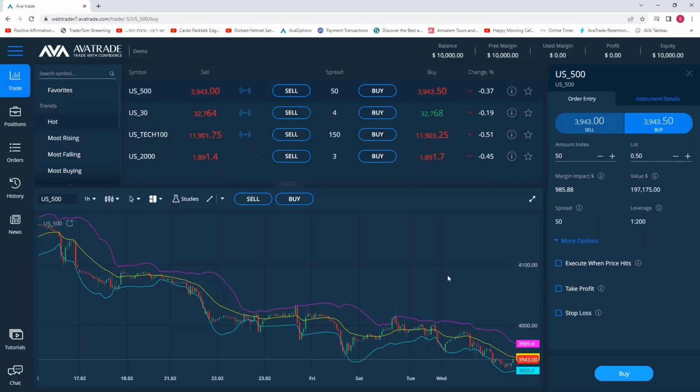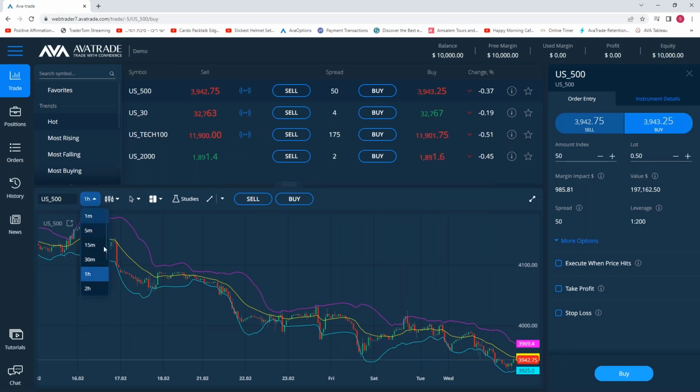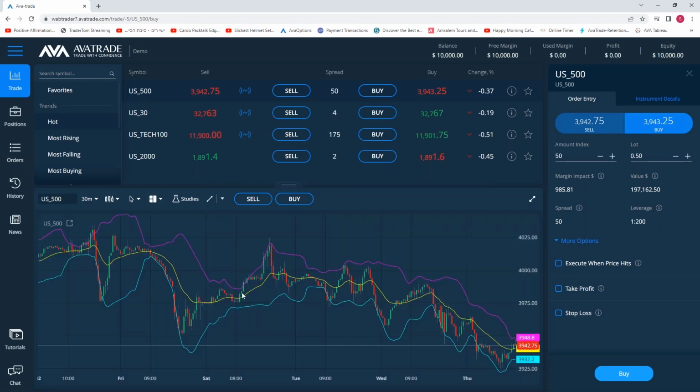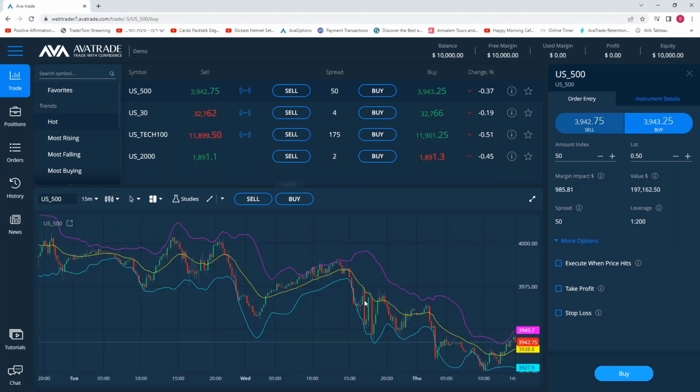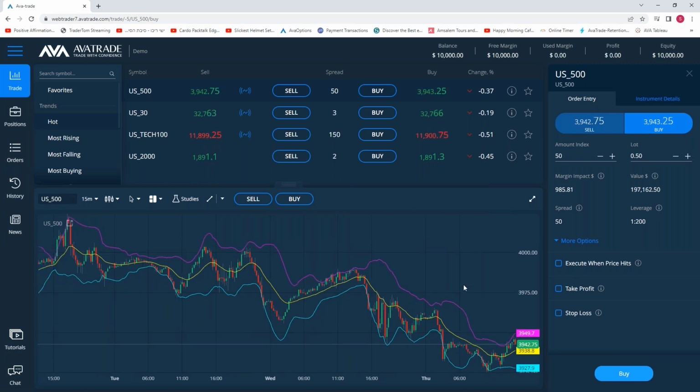So if you already determined that the trend is down and you're looking for selling opportunities, as you can see here, if you take a 30-minute chart or 15-minute chart, every time it hits close to the top of the Bollinger, it's selling. You already did your homework, you realize that you're looking to sell. Take a look, every time it hits the line, it's selling. We almost hit the line here, we're selling again. So that's one of the things to pay attention to.